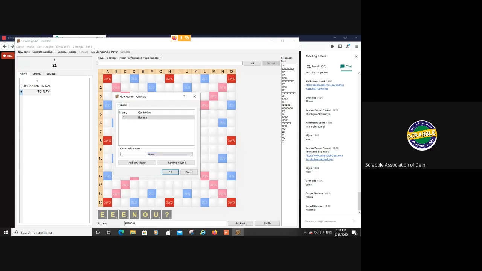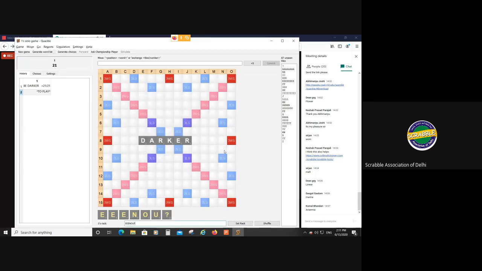But this is not something which is online. As in, if Swati and me want to play each other, we can't play on this. It is something which is in my computer only, and I have to use it in my computer only, playing against myself, or I have to play against the computer only. So it's a very good one to create tracks.